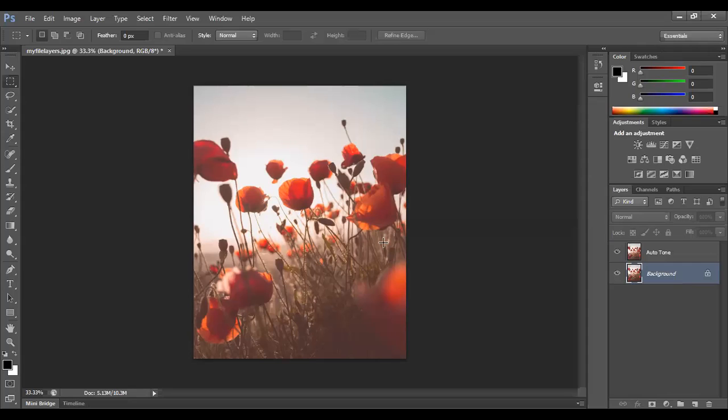Why do you need to duplicate layer? Palak, I will explain in a while because I'm actually teaching auto tone. When I do this now, you will understand why I duplicated the layer. You duplicate a layer usually to create one more copy of the same layer. Suppose there is a background and I want to create one more copy of the same thing, then you can duplicate layer, right? Now I want to go about with auto tone.